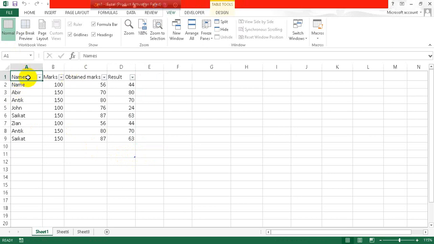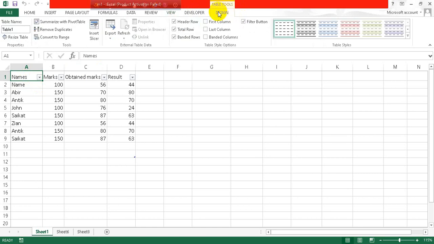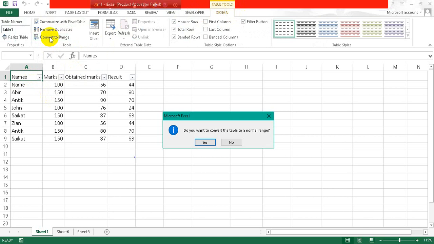So what I'll do is just select any of the cells of this table, and then there will appear a tab which is called Design. I have to go to it, and here you can see there is an option of Tools which includes Convert to Range. I have to click on it, and it wants me to